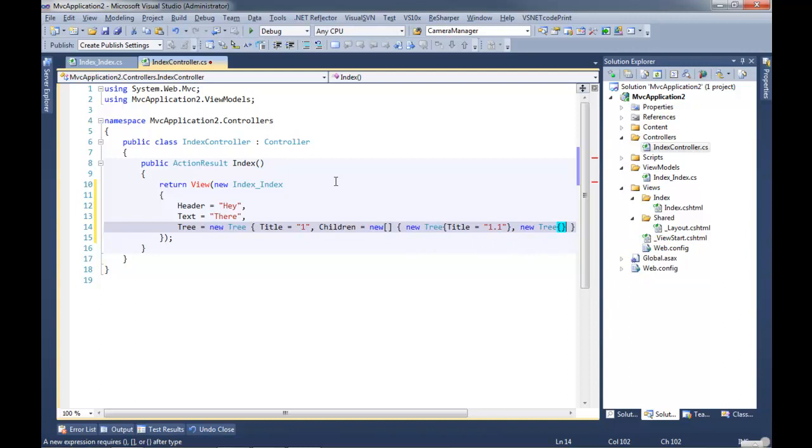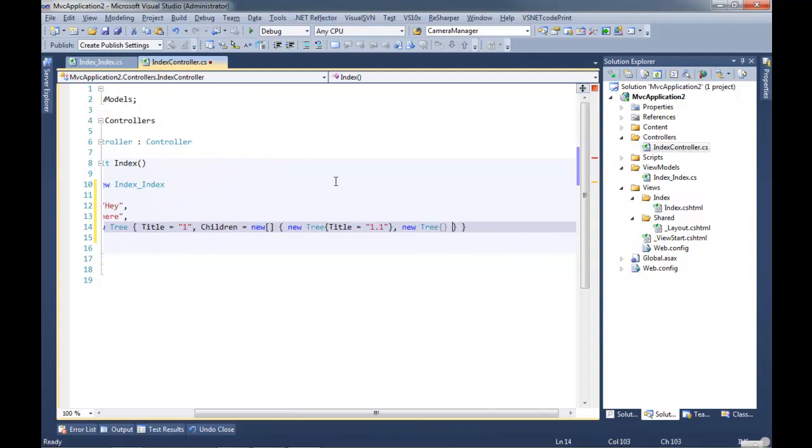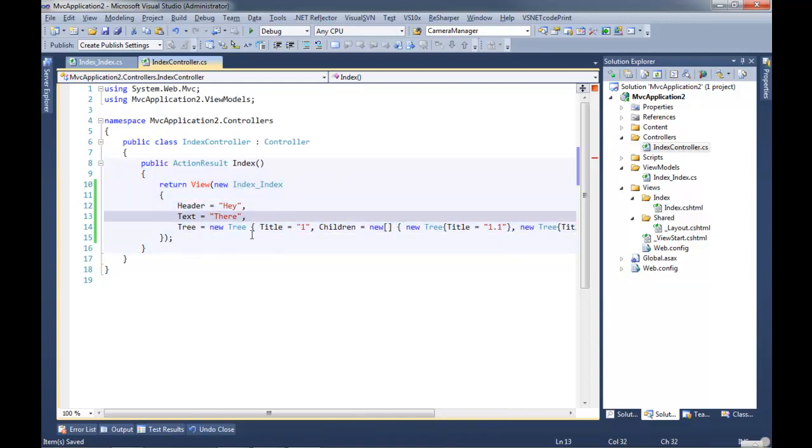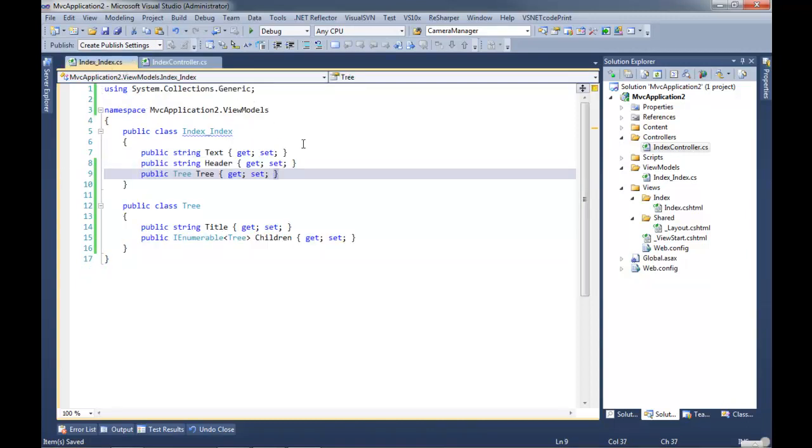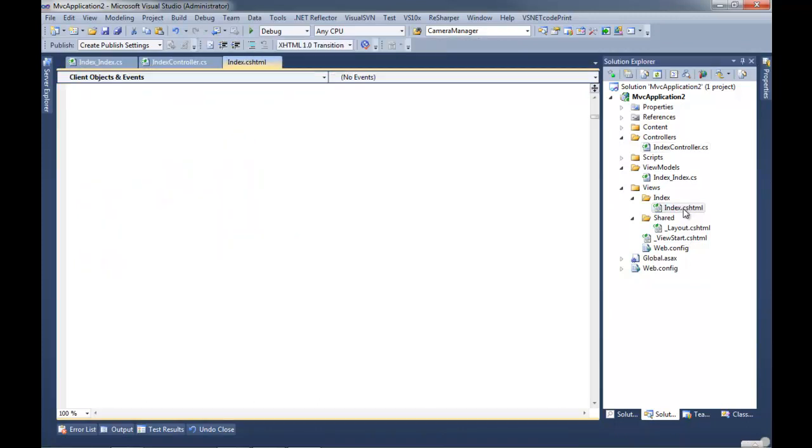This is as far as I'll go, but imagine this goes on forever, or a reasonable amount. But this pattern, or this use case, is very, very common in web development, and it's so easy and elegant to do in Razor.